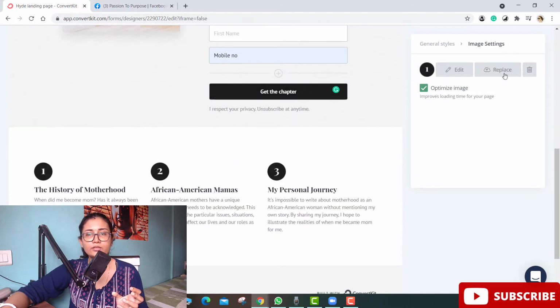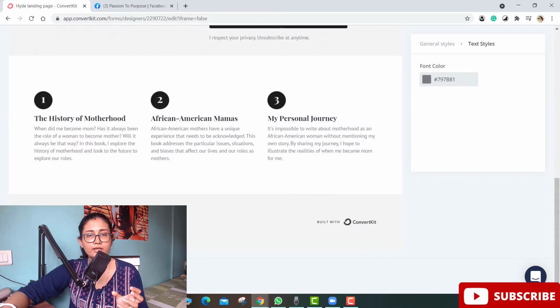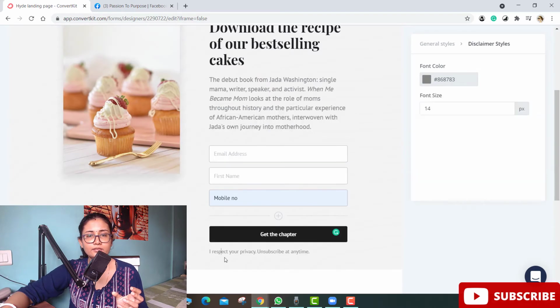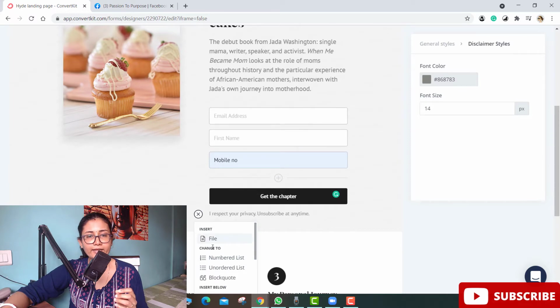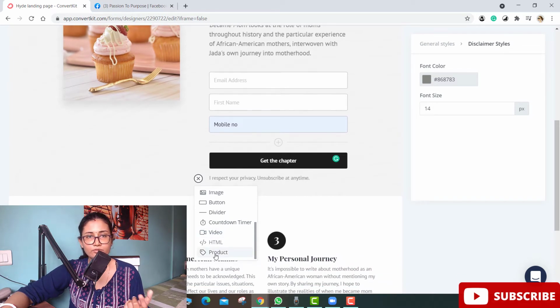Yes, so here you can edit any part, and you can add anything. You can create a countdown timer, add some video like I was referring to, and add a product list also. From these you can advertise and do marketing for your new product, or your best product, or whatever product you want to sell to customers.